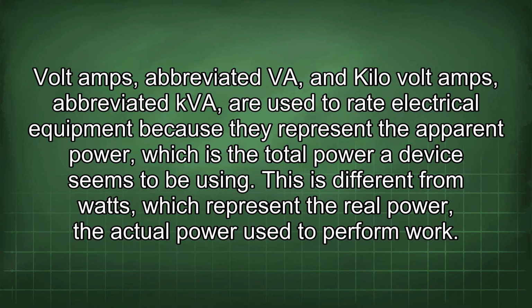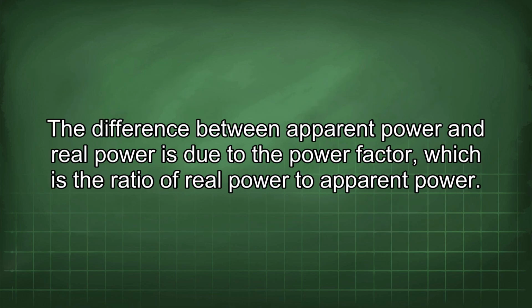Volt amps, abbreviated VA, and kilovolt amps, abbreviated kVA, are used to rate electrical equipment because they represent the apparent power, which is the total power a device seems to be using. This is different from watts, which represent the real power, the actual power used to perform work. The difference between apparent power and real power is due to the power factor, which is the ratio of real